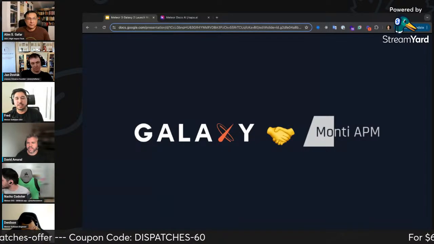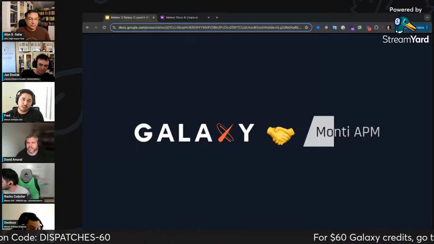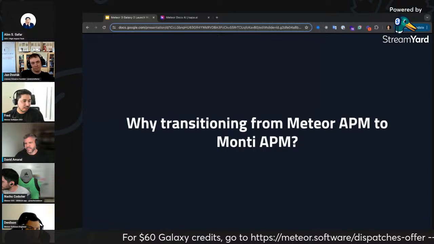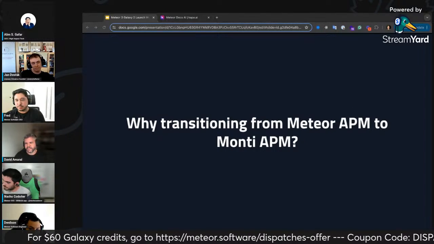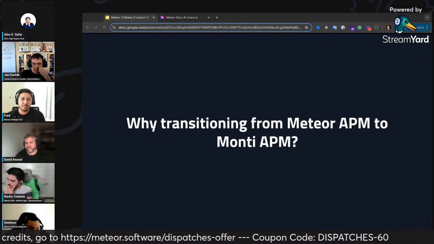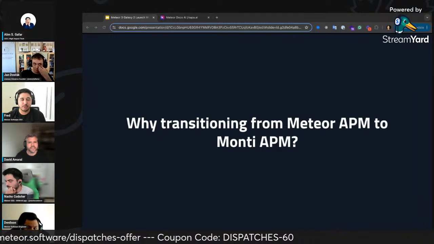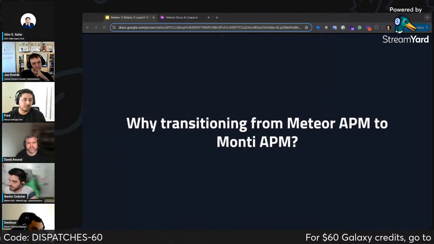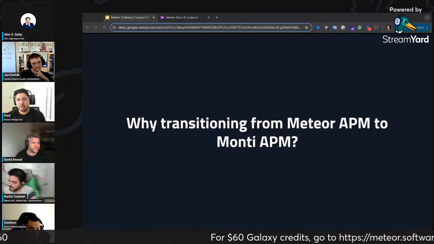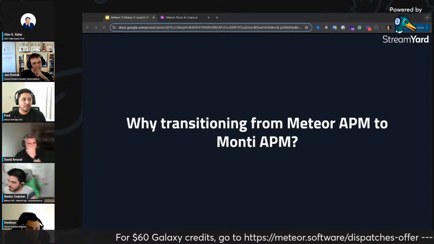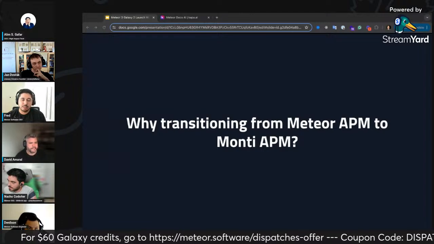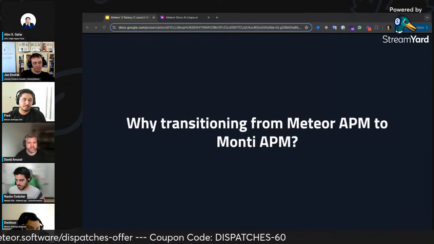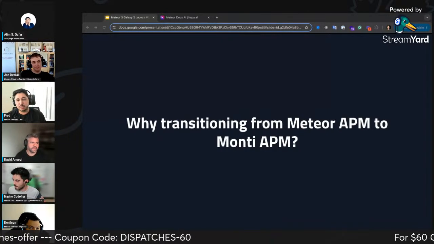So basically now, instead of Meteor APM, we will start providing Monty APM to our customers. Why are we doing this transition? Meteor APM has been a crucial tool for our customers to monitor their apps, to find errors and everything. And we are doing a good job maintaining it, working with all the recent Meteor releases, but we couldn't actually improve it, creating new features and improving